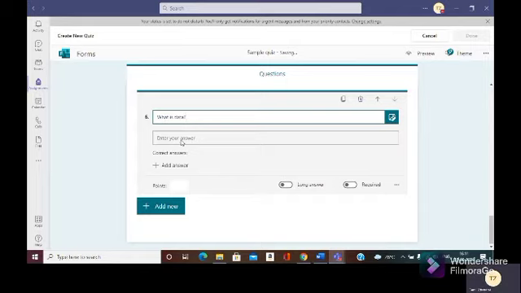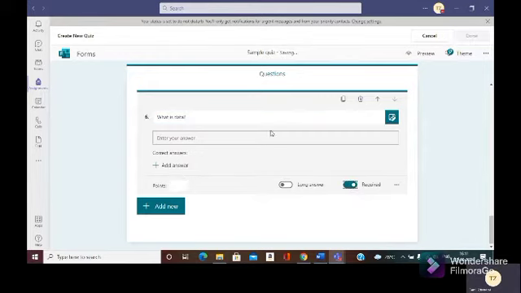So the student will be able to answer this. Okay. They will be able to type. And here you will be able to add answer for this and you can make the computer give the points automatically also. But we suggest you don't do that. You can check it manually. And don't add points also. Make it just a required question. That's it. This is a short answer question.